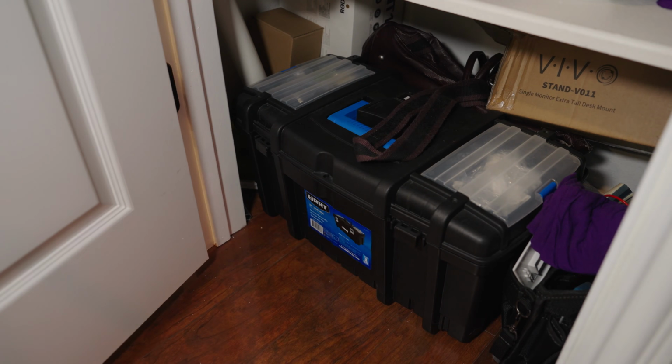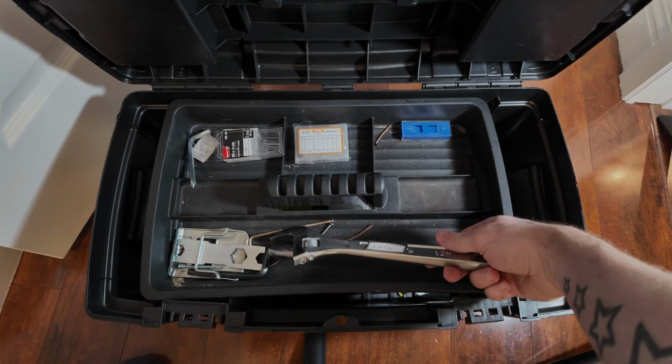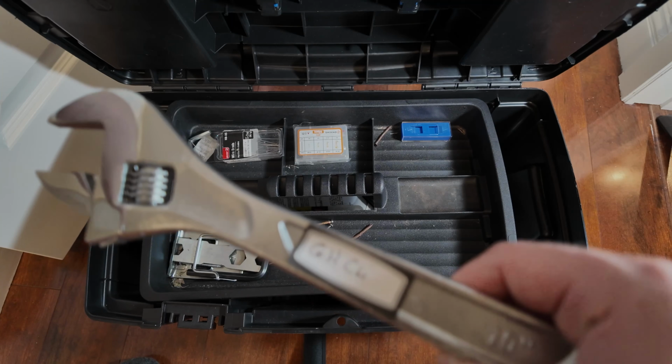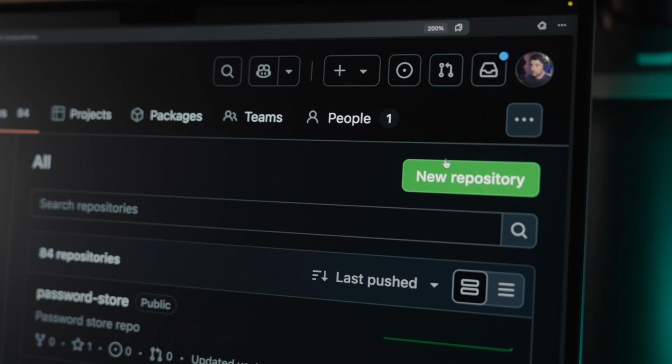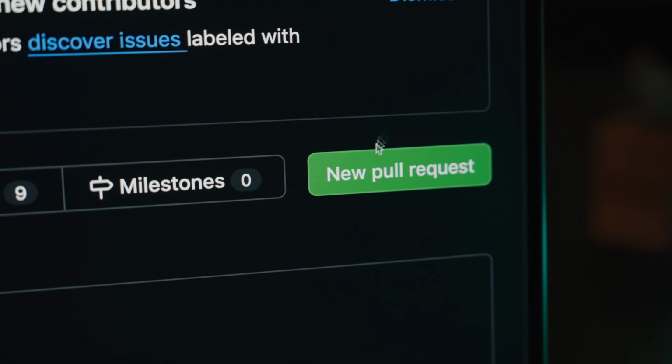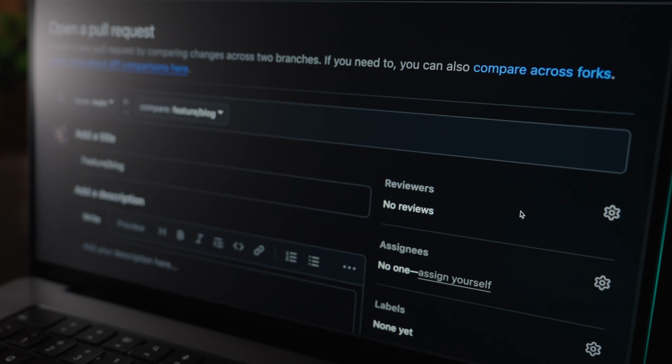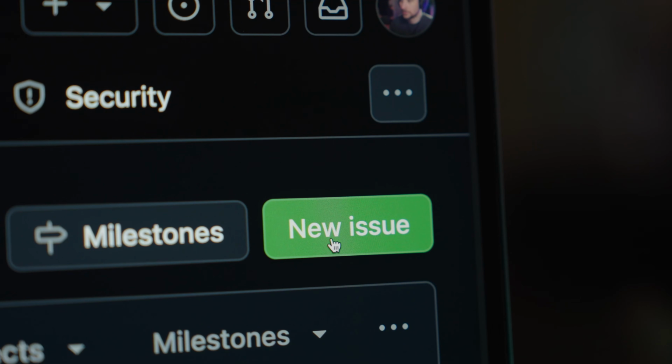So this next CLI tool is actually a rather recent addition to my command line toolkit. However, despite only being in it for a short amount of time, I found it already to be a huge improvement to my current workflow. This is the GitHub CLI, which I've been using more than the actual GitHub website itself. If you're unfamiliar with the GH CLI, it basically allows you to perform many of the actions you would typically take on github.com, but without the need of ever leaving the terminal, which is something I really appreciate,